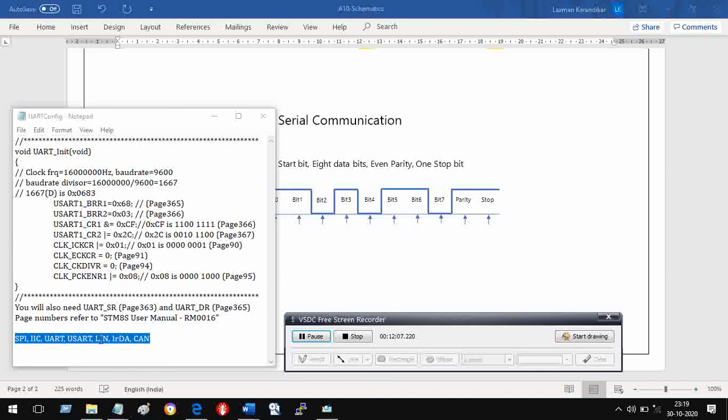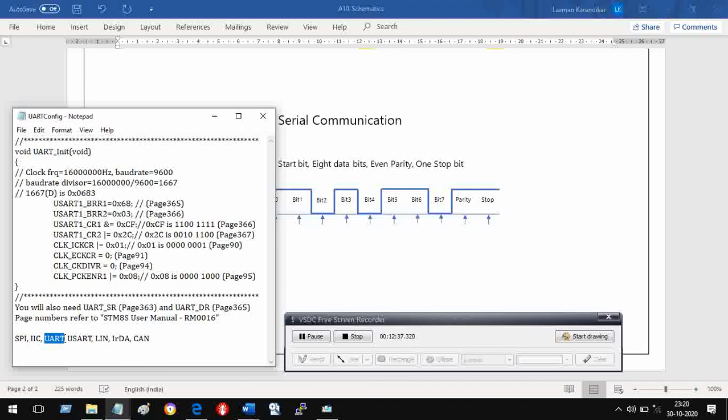This is a small network which is inside the device. Then IRDA, CAN. They are all the various serial communication facilities available on this microcontroller. You have to select and then configure the selected communication process. In our case, it is the UART.